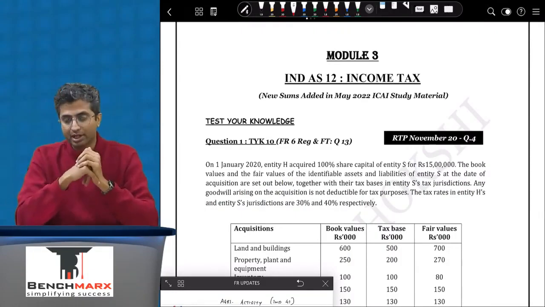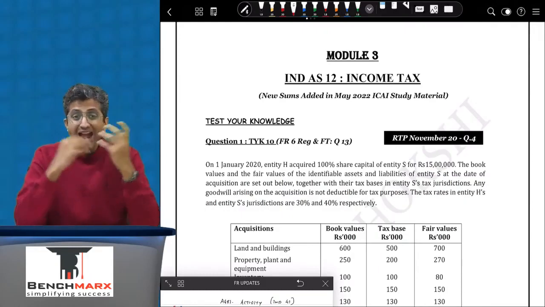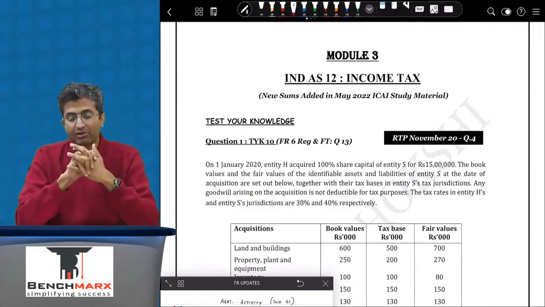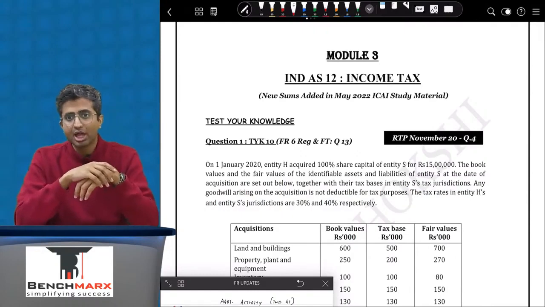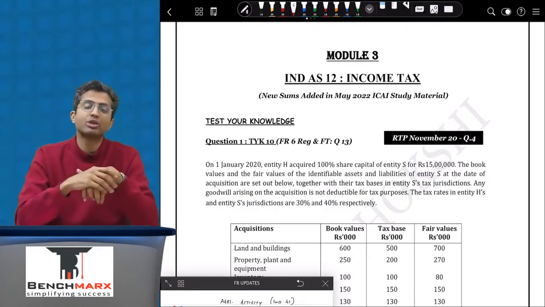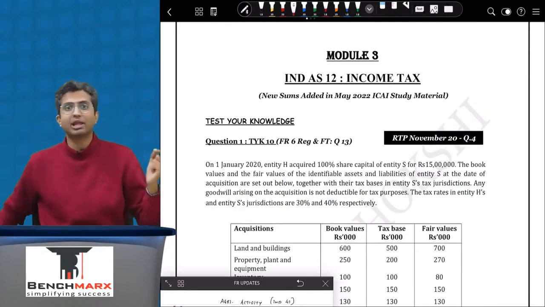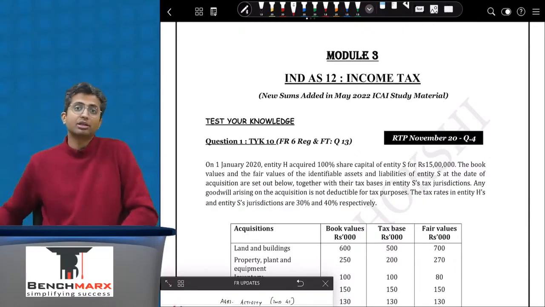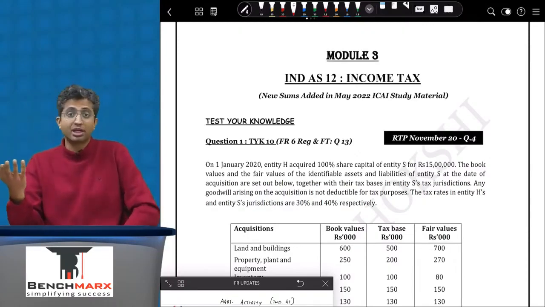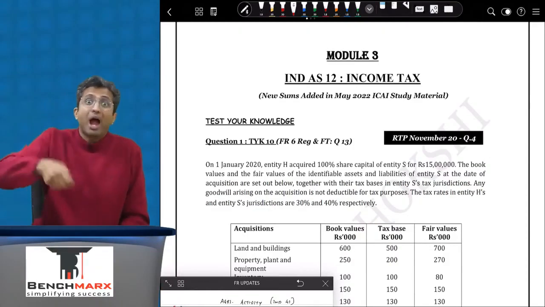Now the challenge that may arise is, what if there are different tax rates given for the parent company and the subsidiary company? At whose tax rate should deferred tax be calculated? Well, it will always be calculated at the tax rate of the subsidiary company, because ultimately you have to pay